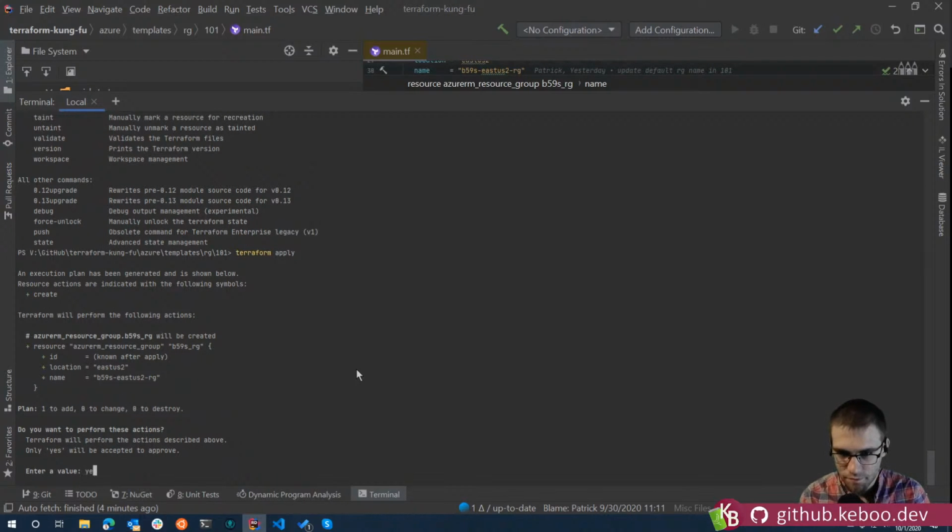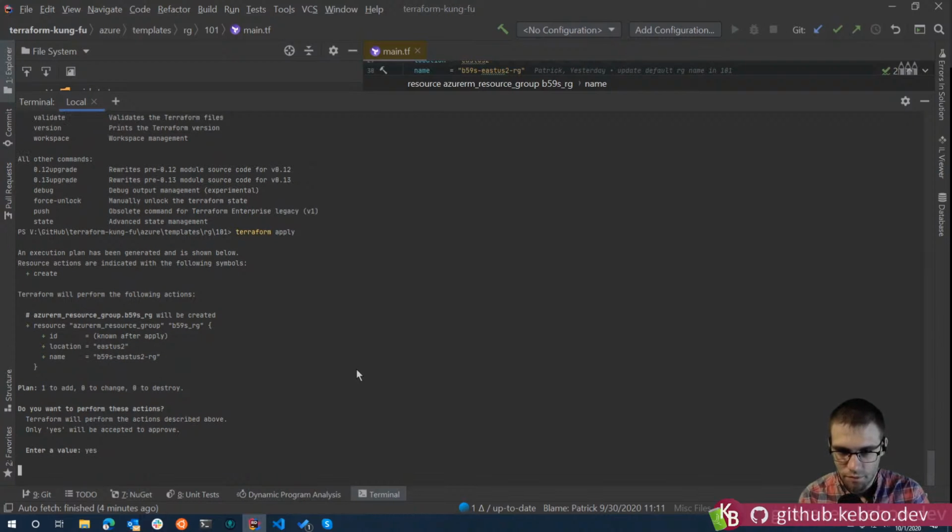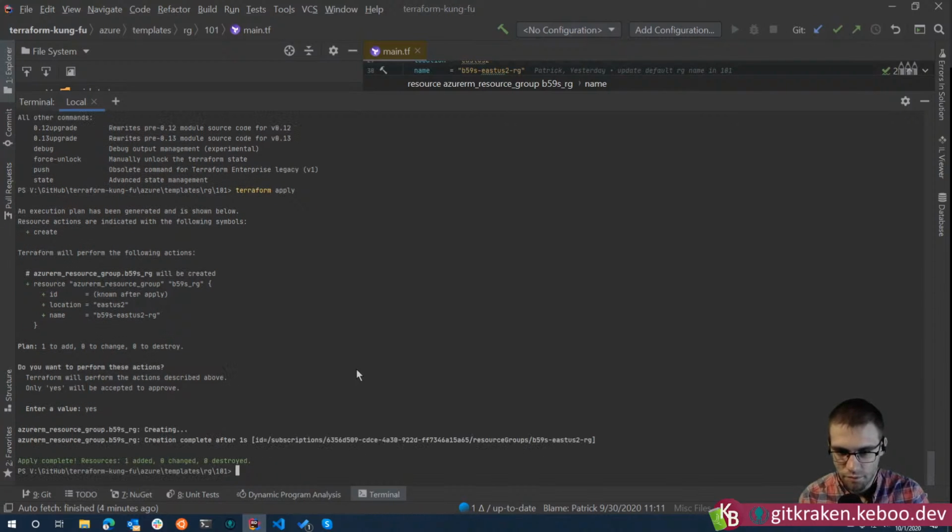Yep. So I'm going to go ahead and say yes, we want to build this, and that's important from an Azure perspective. But in the case of a special thing like a resource group, where all other things are contained, what's interesting about that ID is later when we get into more complex things, you can see how we need that ID to be referenced when we build something else, right? Like when we go and write this VNet code we're going to do in a minute, we have to tell the VNet which resource group it has to be in, right?